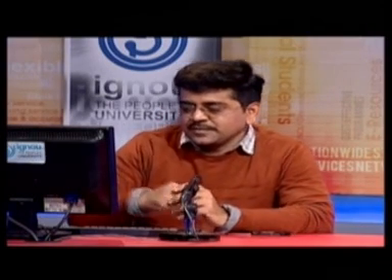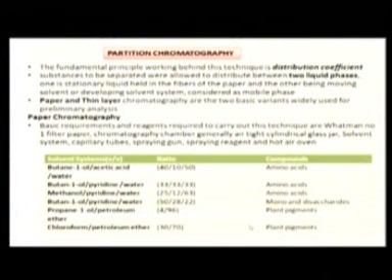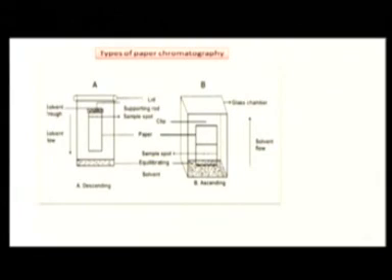But the point to be remembered is, though we are using different solvent systems, we will be able to separate individual amino acids because we have 21 types of amino acids. So based on the nature of the amino acids which you want to separate, we will be using different types of solvent systems. Similarly, propane and petroleum ether is useful for plant pigments like carotenoids and other plant pigments. And chloroform and petroleum ether is again useful for the plant pigments. So this table will give you an idea of the various solvent systems which we are going to use for separation of amino acids as well as plant pigments.